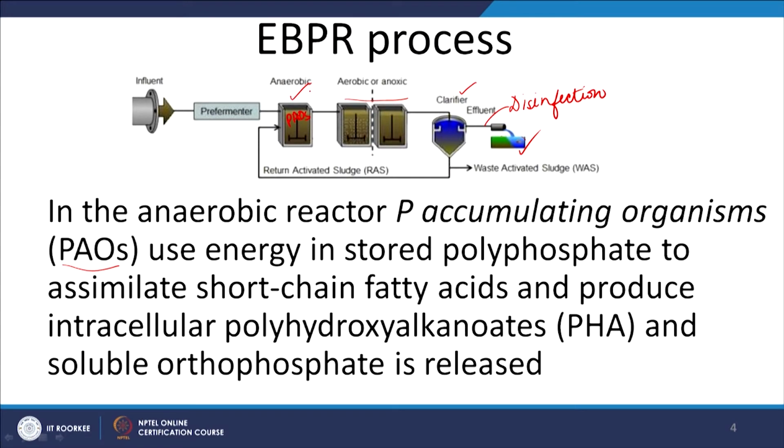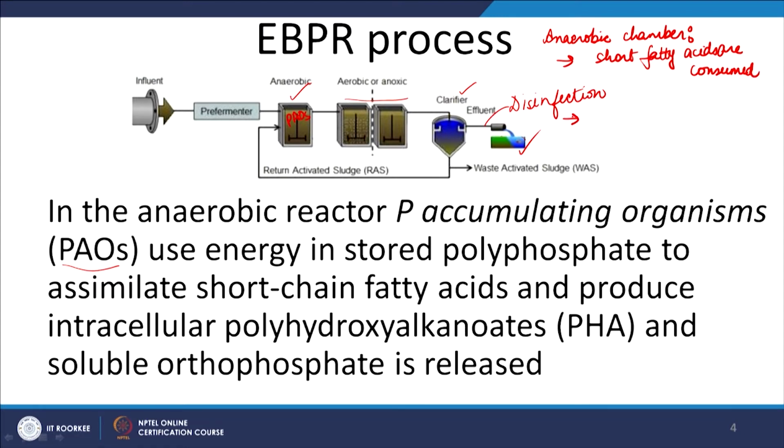So, in the anaerobic chamber, short chain fatty acids are being consumed. Their energy that is stored in this short chain fatty acid is being consumed, and the next step